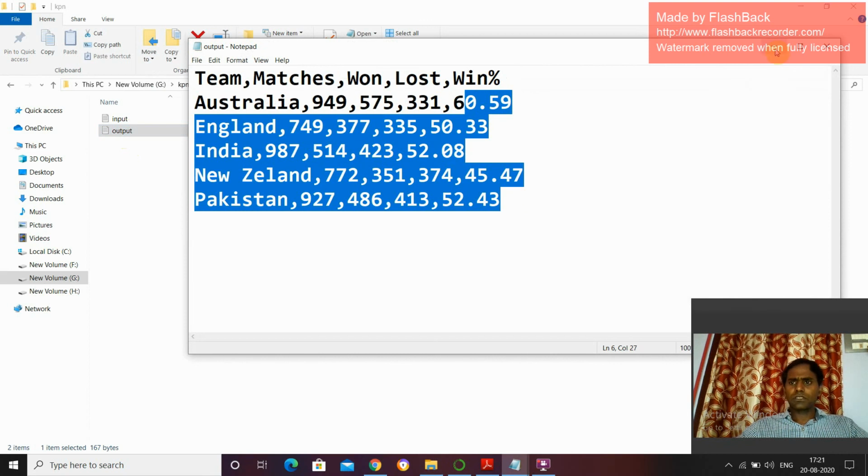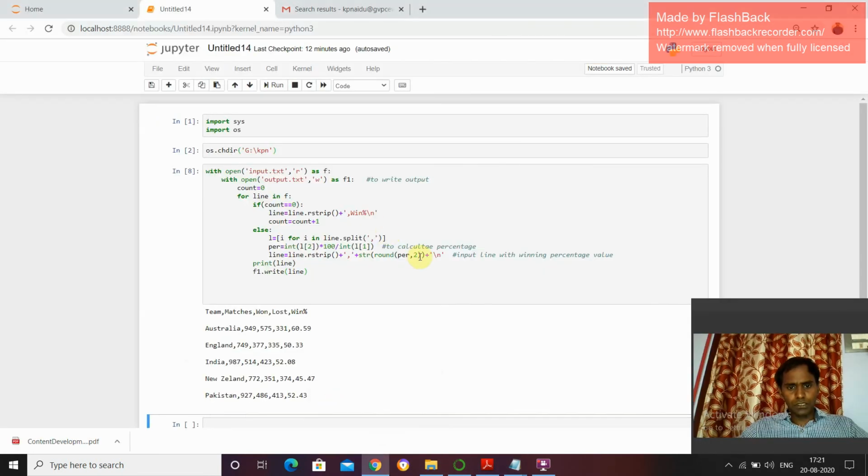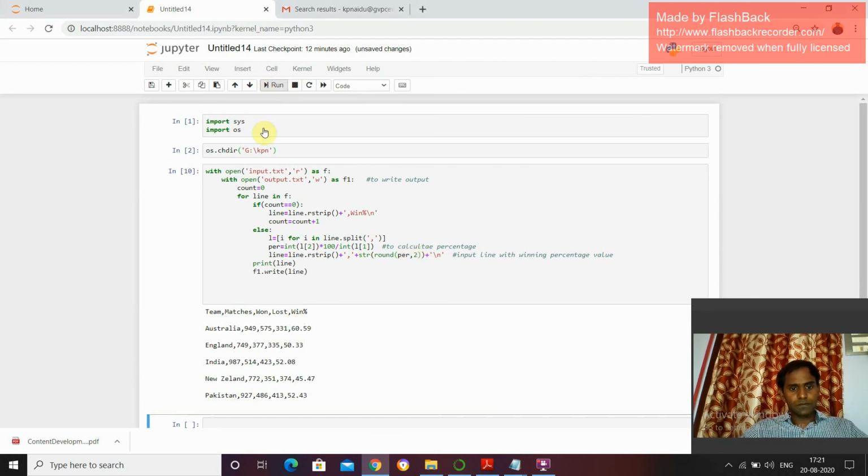It can also be modified. For example, if I'm not specifying any round values, for example here we round off using round of percentage comma 2, and if I use only percentage, it also gives output, but it can be rounded with some value, something like 61.50. If you want to round up to a particular number of digits, I have to give percentage comma 2. It will round to 2 digits.